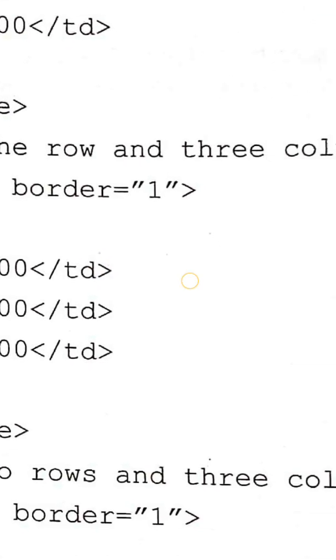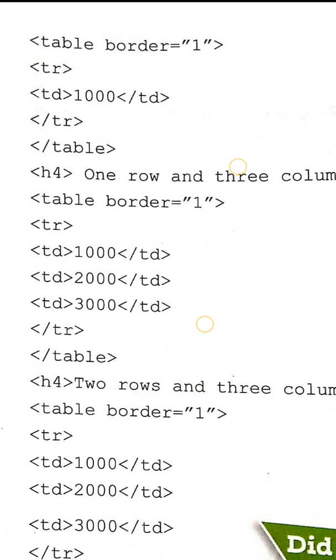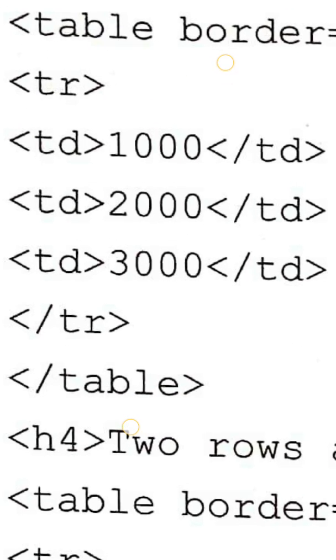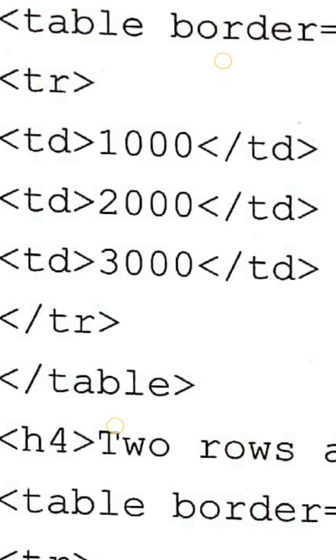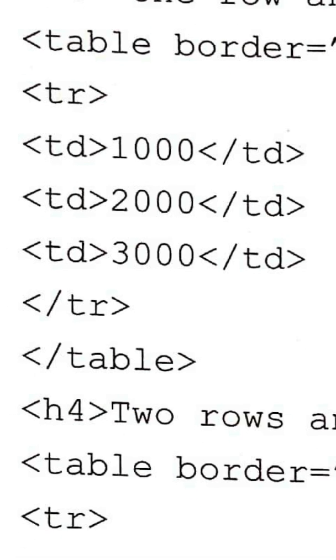Now, one row and 3 columns. You want one row and how many columns? 3 columns. So for that you have to write 3 columns. Table border 1. Then for the row you write TR. Then you want 3 columns, and inside those 3 columns you want to write something, for example here we have taken 1000, 2000 and 3000.